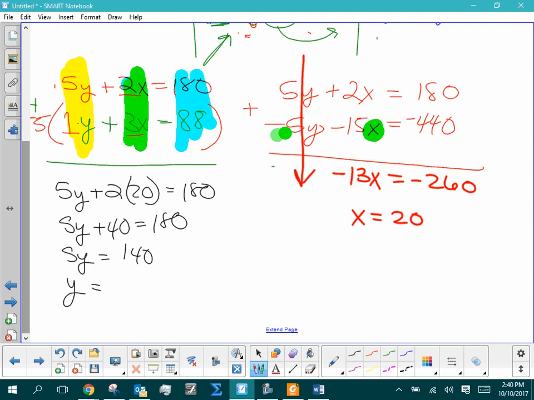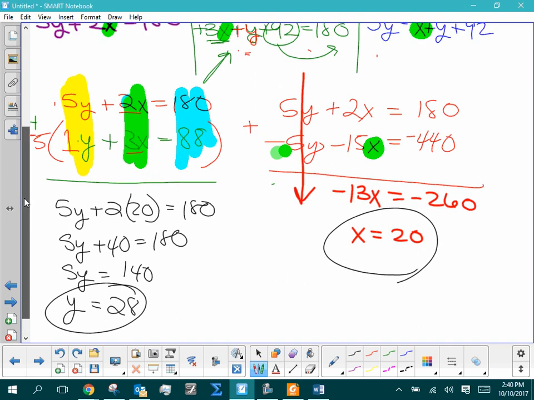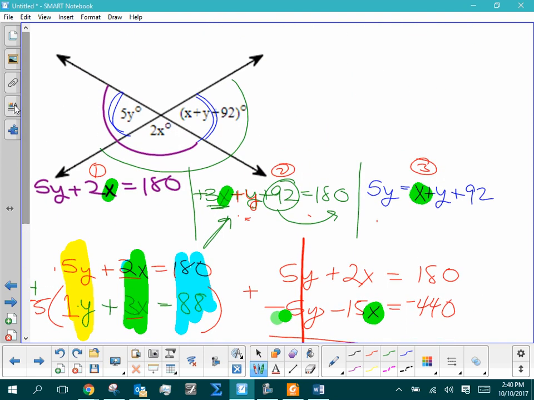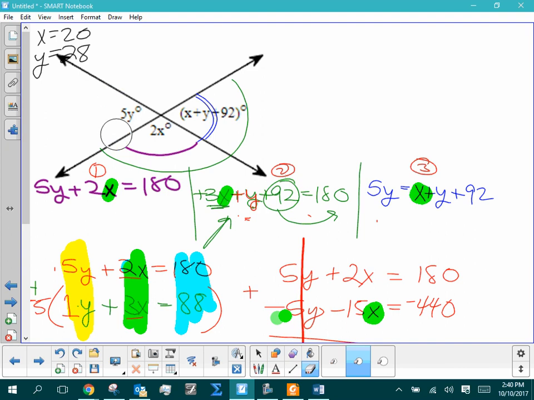Y then ends up being 28. Okay, so x is 20, y is 28. When we come back up here, x was 20. I'm just going to check myself to see if these solutions make sense in regards to these